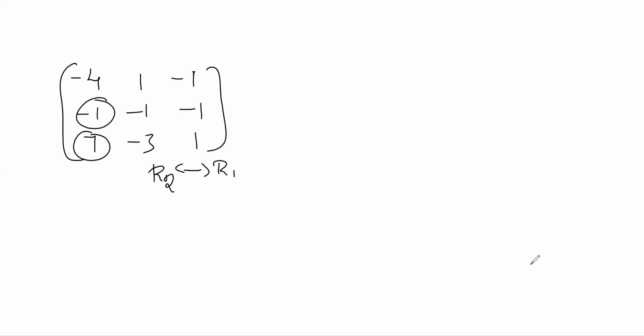Right? Yes, sir. So now you have to apply the row transformations. First, you have to make this one -1 and this one 0. Which operation do you have to apply? Otherwise you can interchange R1 and R2, then it will be easy to apply the row operations. If you change R1 and R2, it will be equivalent, so we write with the tilde symbol for equivalence: -1, -1, -1, -4, 1, -1, 7, -3, 1.